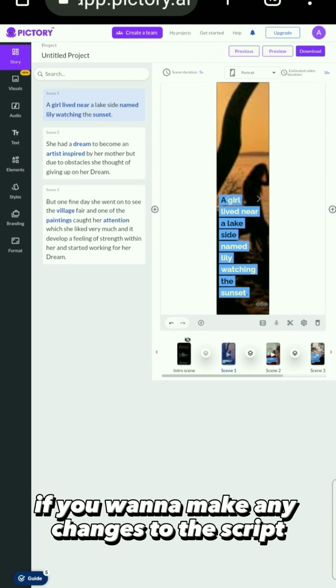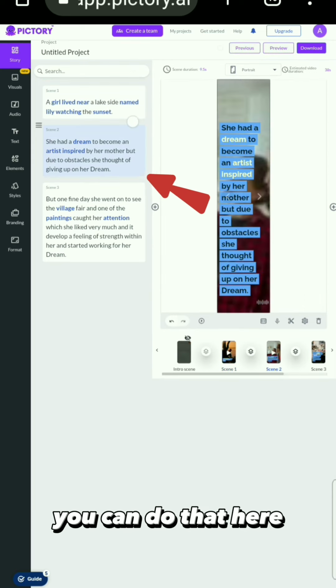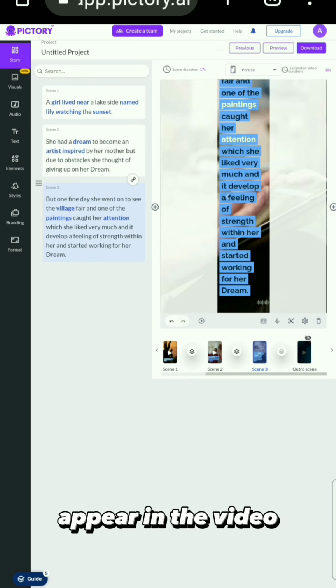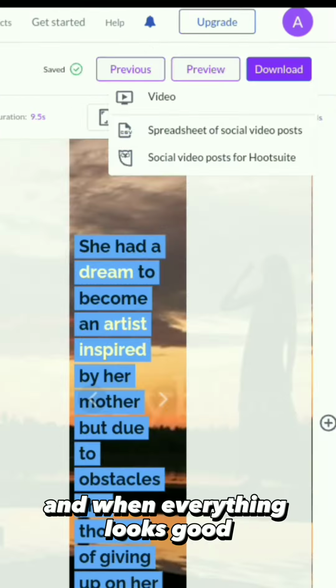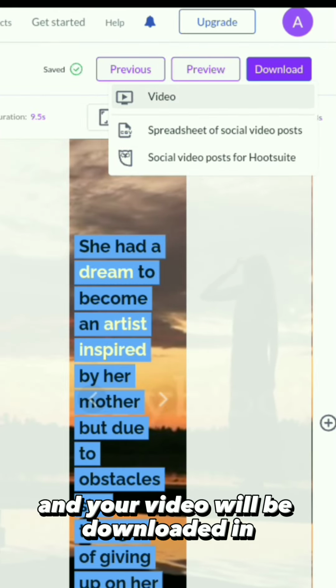If you want to make any changes to the script, you can do that here, and those changes will automatically appear in the video. If you want to change any visuals, you can do that from here, and when everything looks good, click on the download option, and your video will be downloaded in